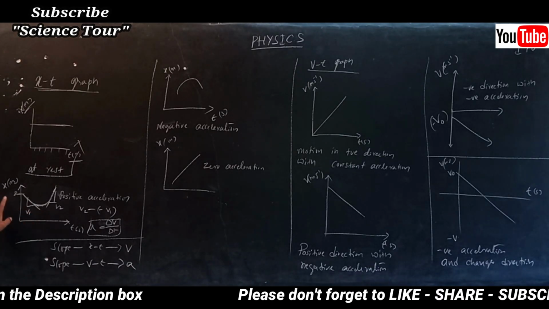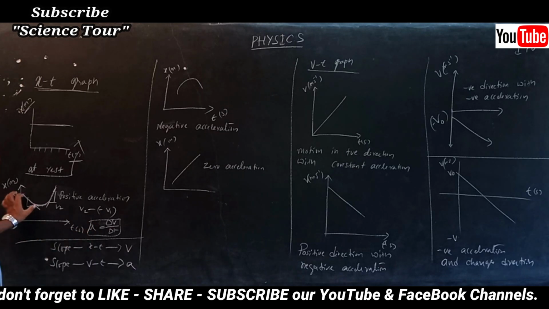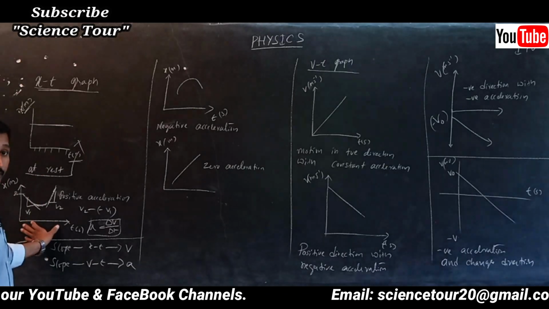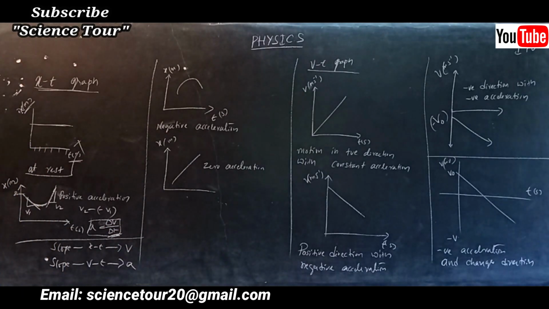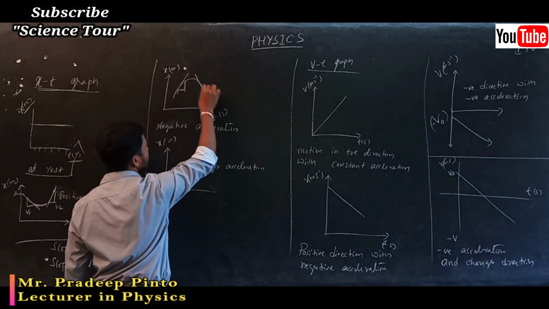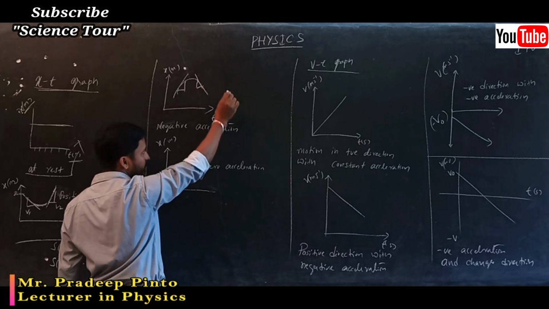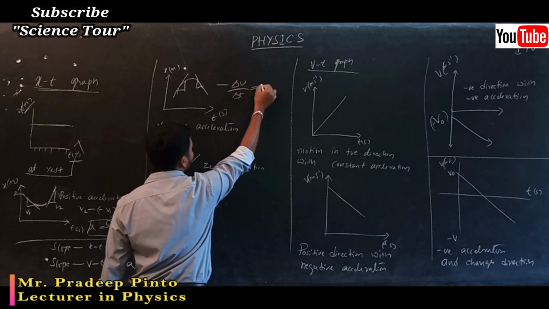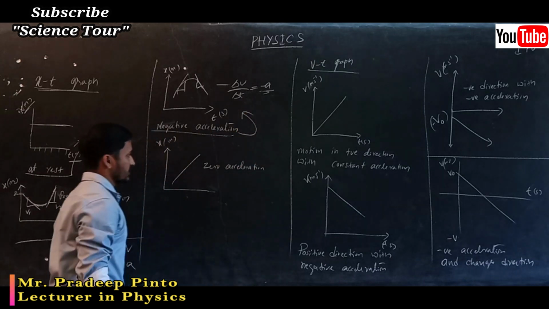So by knowing the position time graph you have to find the acceleration. First you find the velocity, the final velocity, then the time interval, and divide by delta t, and you get positive acceleration. Similarly here, a positive slope comes here and a negative slope comes here, so negative minus negative, total negative it becomes. After the time interval you will get negative acceleration, that is what is written. So negative acceleration.